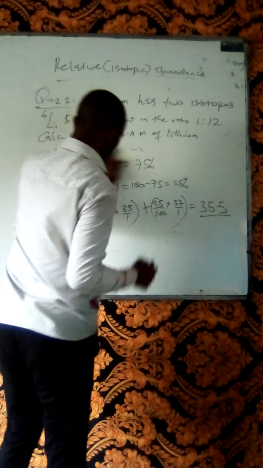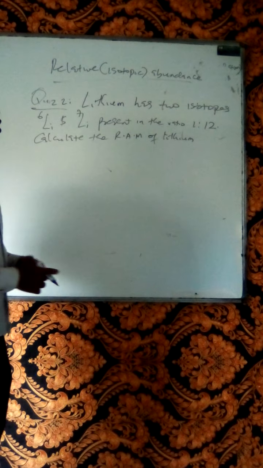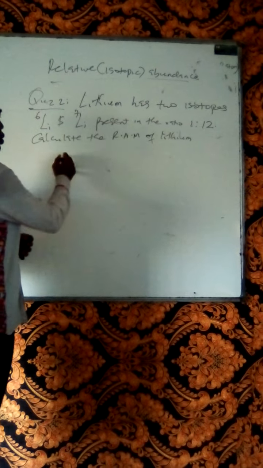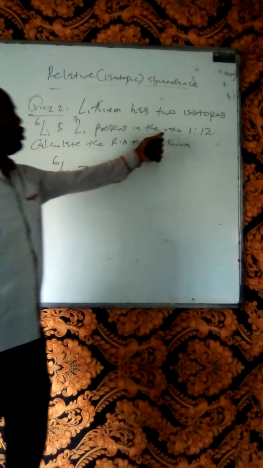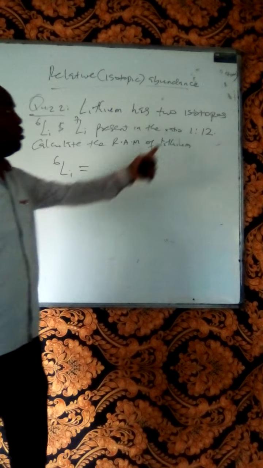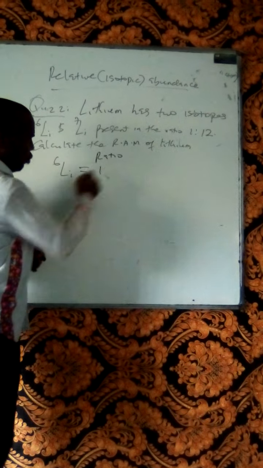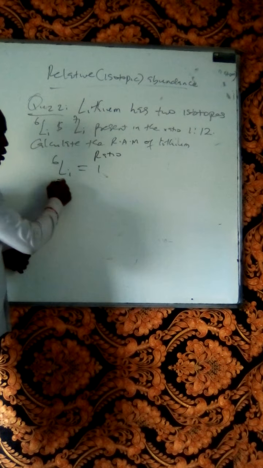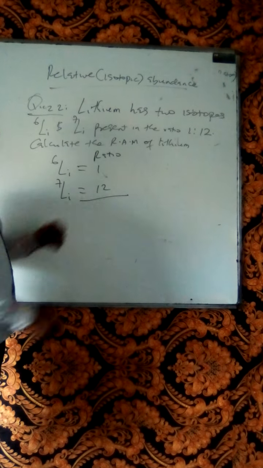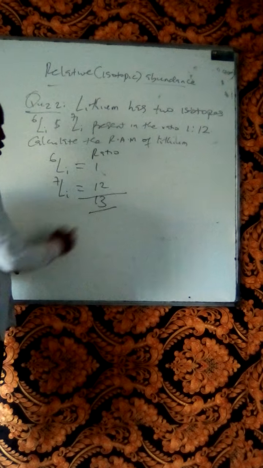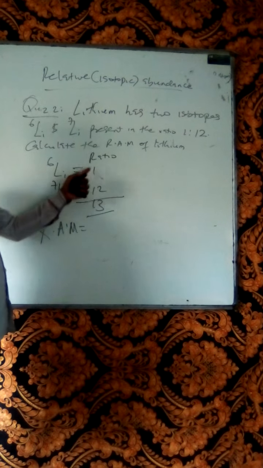That's not a problem to solve. We look at this problem. Lithium, like the one we took, also has two isotopes. But in this case, we are given the ratio, not the abundance in percentage. Not to worry, that's not an issue. The ratio of this one is 1. The ratio of the second one is 12. We'll find the sum of ratios, adding them together, we get 13, 12 plus 1. So here it goes. Relative atomic mass of lithium becomes, use the ratio over the